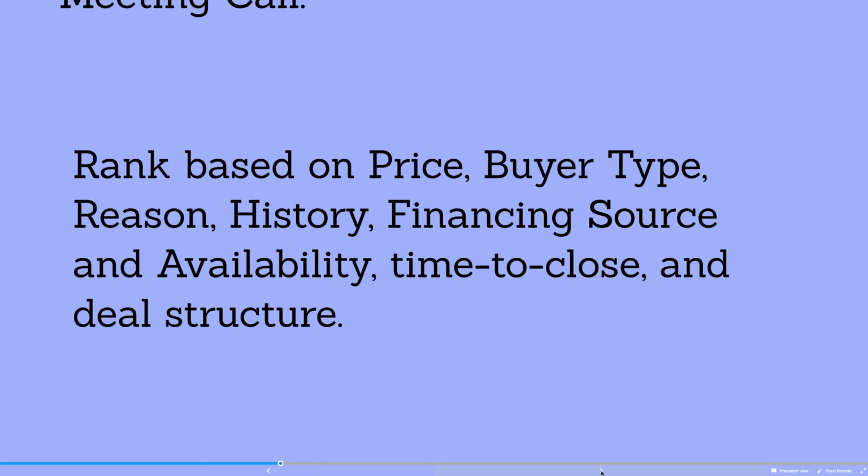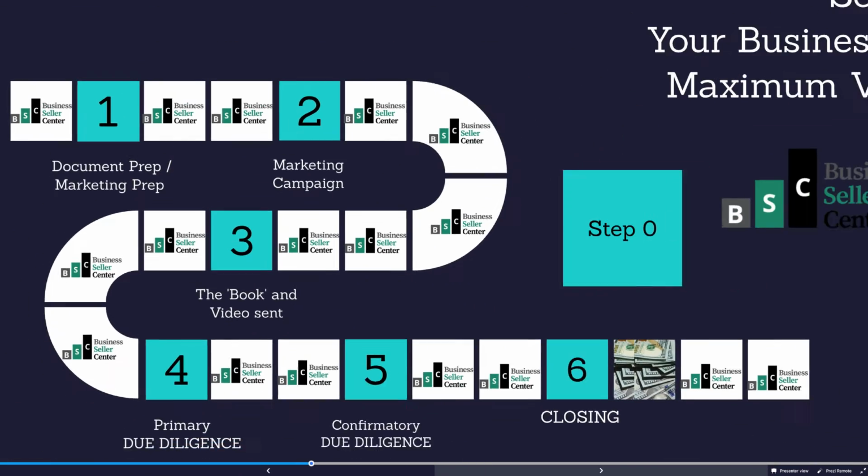So we rank all these different things in terms of the time they can close, the deal structure. There might be a lower offer that's a better offer for a lot of reasons. So we'll help you go through this process. We'll set up those management meetings. And that takes us to